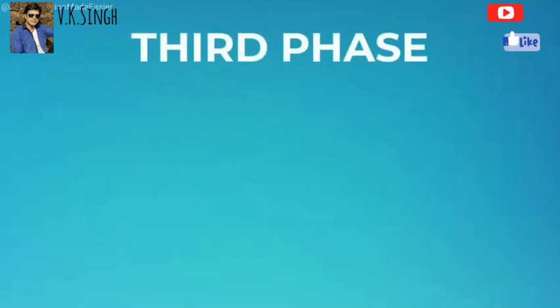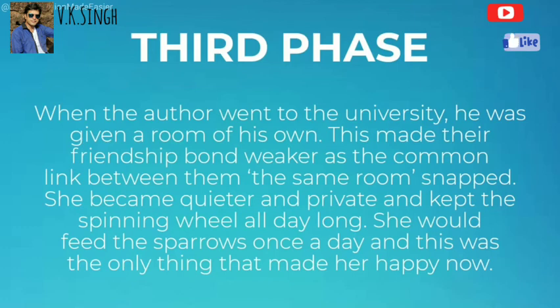Then we see the third phase when the author went to the university. He was given a room of his own. This made their friendship bond weaker as the common link between them, that is the same room, was taken away, and she became quieter and private and kept spinning wheel all day long. She would feed the sparrows once a day, and this was the only moment